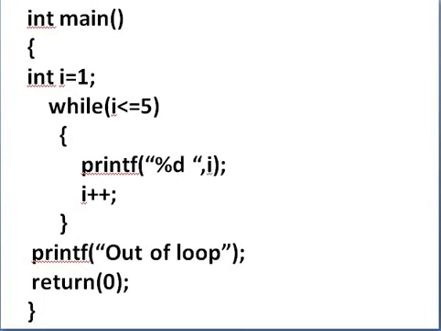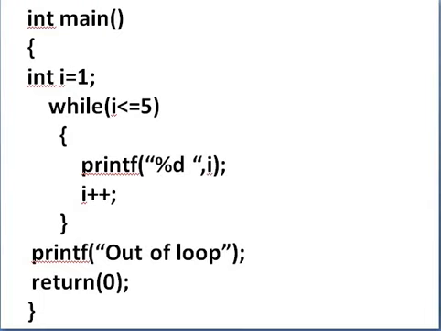Yes. Again control enters this loop. Print the value of I, which is 3. Then again increment the value of I. Now I becomes 4. Check here again: 4 is less than or equal to 5. Yes. Then again enter into this while loop and print I.